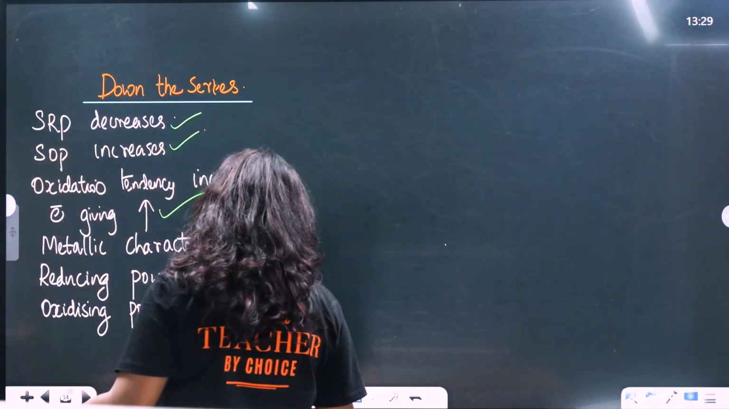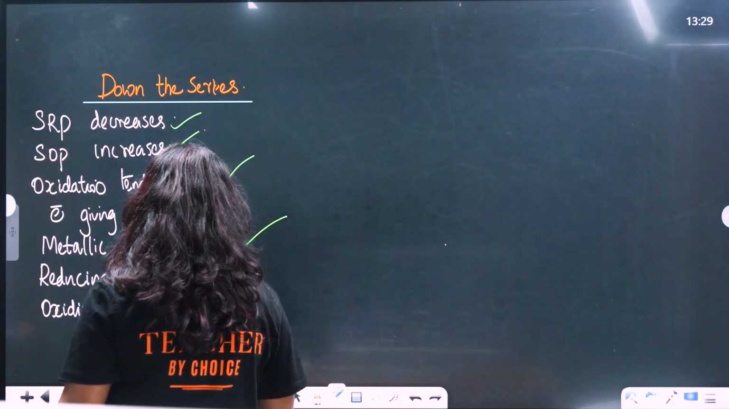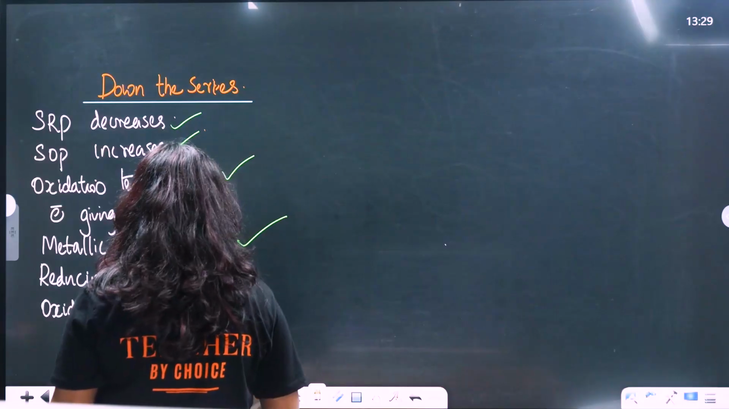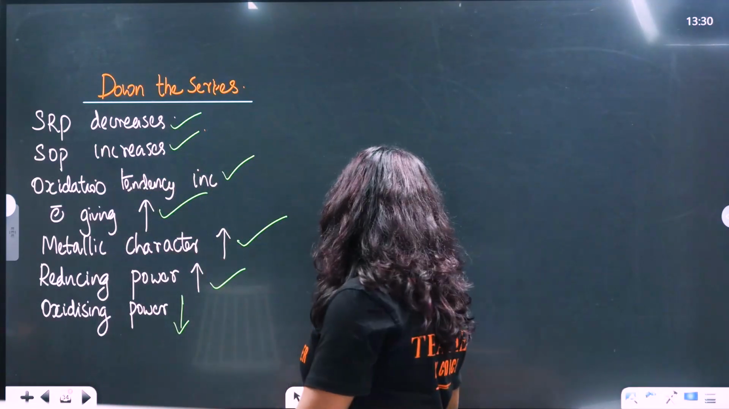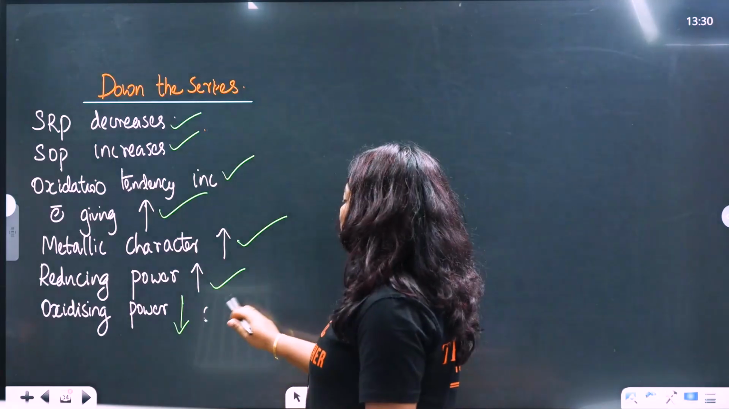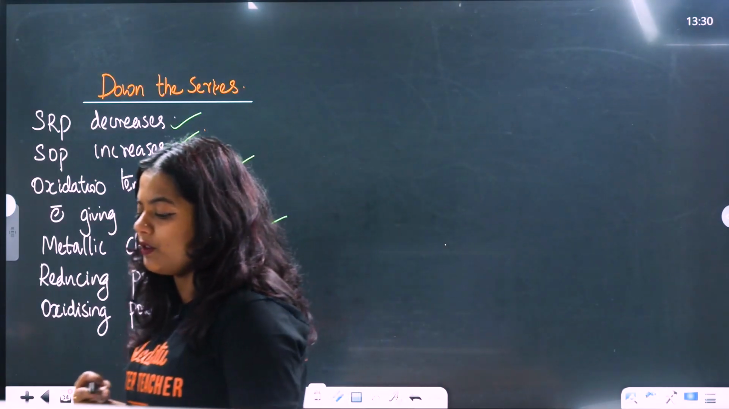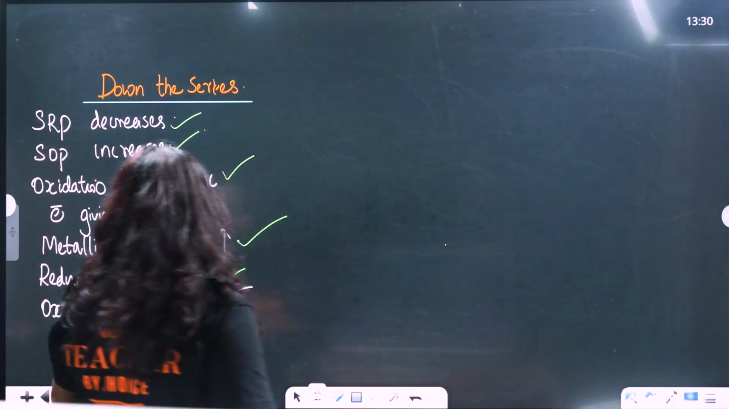Yes. See, listen. One second. Reducing power increases, because they are undergoing oxidation and they have good reducing nature, right? So reducing power increases, but oxidizing power decreases. Their oxidizing power will decrease. So these are the peculiarities which happen in the electrochemical series when we go from top to bottom. Based on this,